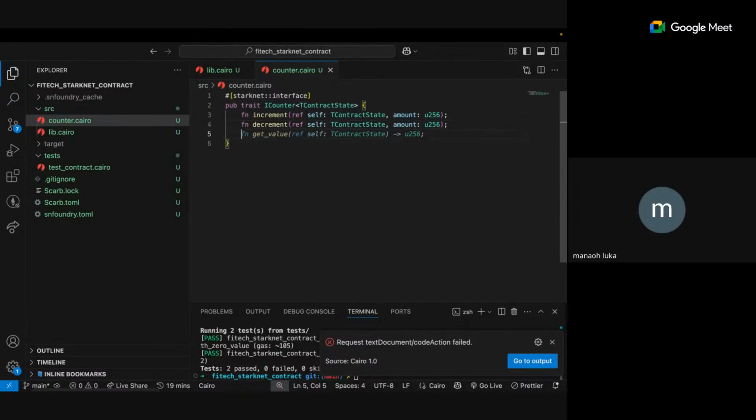Then the last function is going to be get value, just how it is suggested for us. But this time around, get value is a read function. So increment and decrement are write functions. That's why first and foremost we are referencing the state using ref self. But if it is a read function, we are not going to be referencing. All we are going to be doing is taking the snapshot of the state. So to take a snapshot, we are going to be using the at